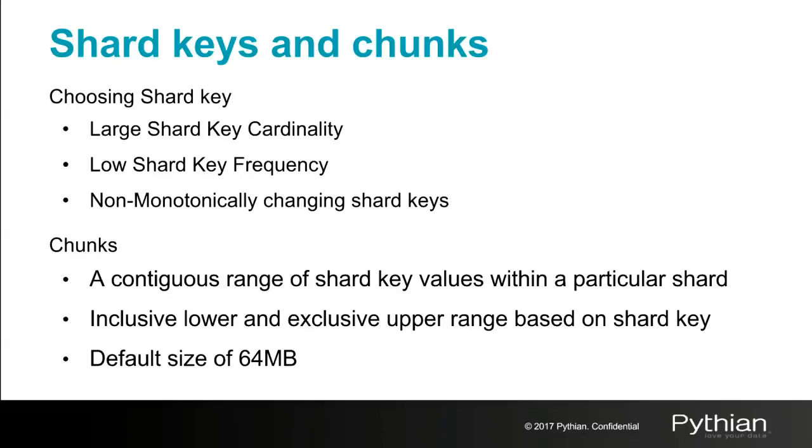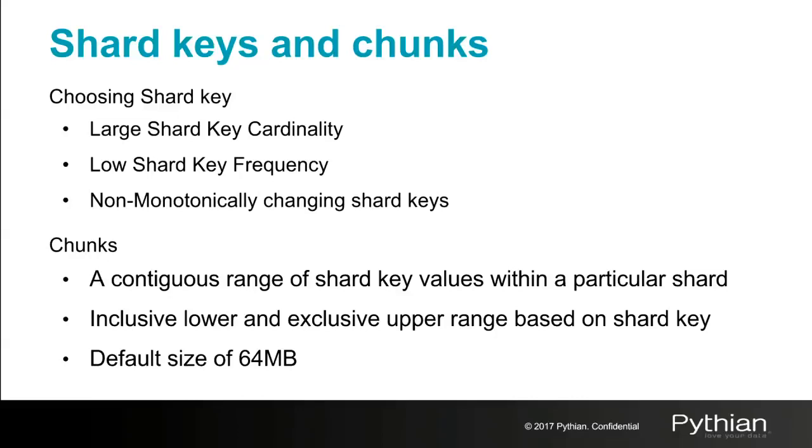A chunk has the lower bound of the shard key inclusive and the upper value of the shard key exclusive. So, for example, if we have a shard key on some number starting from 20 to 30, the value of 20 will be in the chunk, but the value of 30 will not be in the chunk,